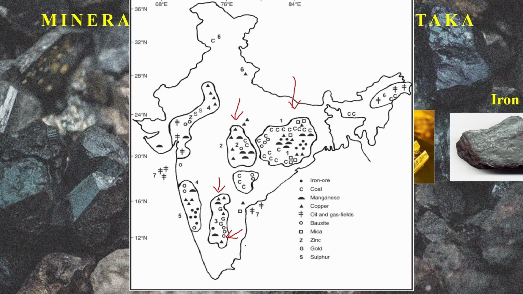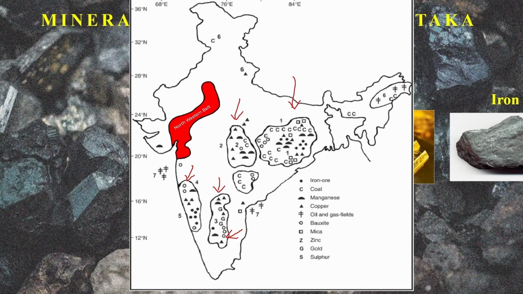Usually, which are the minerals that can be seen here? Some places we see iron ore and gold. Gold is majorly found in this southern belt. Next, we have the southwestern belt, which is also rich in iron ore, granite, and clay. This includes western Karnataka as well as Goa and some parts of Maharashtra. This is the southwestern belt, rich in iron ore as well as other minerals like bauxite and manganese.